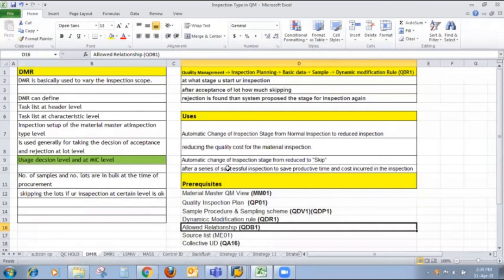The main function is the automatic change of inspection stage from reduced to skip, and there is time saving and saving of production time and cost incurred in the inspection. So this dynamic modification rule is very important where a high volume of goods receipt inspection is present in the system. Friends, this is more about the dynamic modification rule and its functionality.